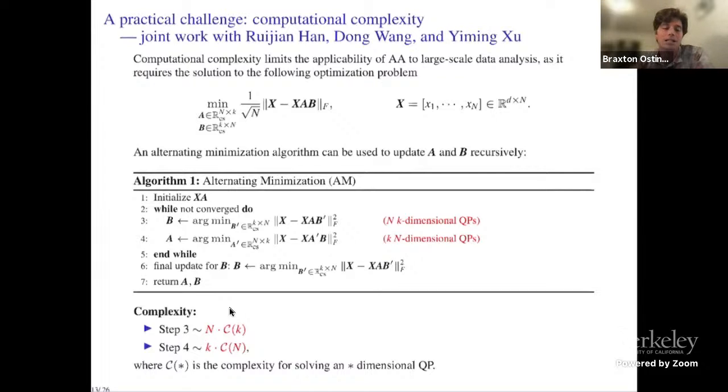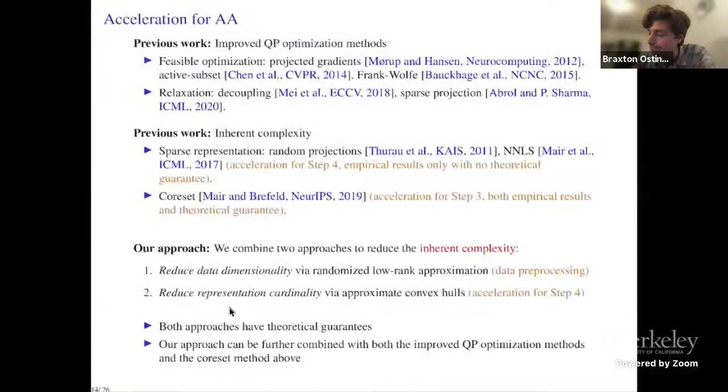Okay, and so the complexity, if you look at this, is in step 3, you have n times the complexity of solving a k-dimensional quadratic program, and in step 4, you have k times the complexity of solving n constrained QPs. Okay, and so there's been a lot of work looking at accelerating AA, and some of these